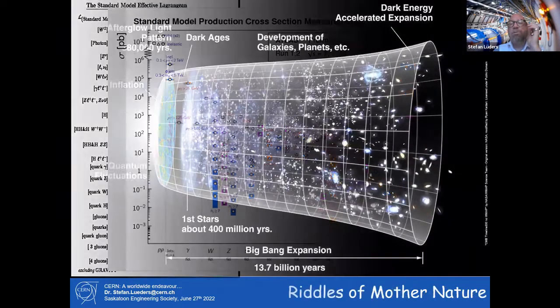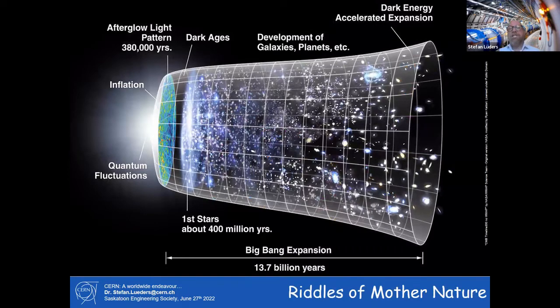Not going into details, what CERN wants to do is understand the riddles of Mother Nature. We would like to go back in time from today, 13.7 billion years ago into the past, to a point which the astronomers call the Big Bang. And there are proofs, if you look tonight in the sky, that there must have been something like a single point in time where the universe was starting to blow up. This they call the Big Bang, and at CERN we would like to reproduce the conditions right after the Big Bang. Technically, we talk about something like a nanosecond after the Big Bang.